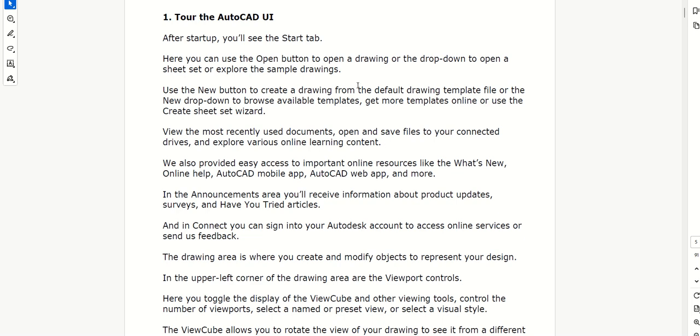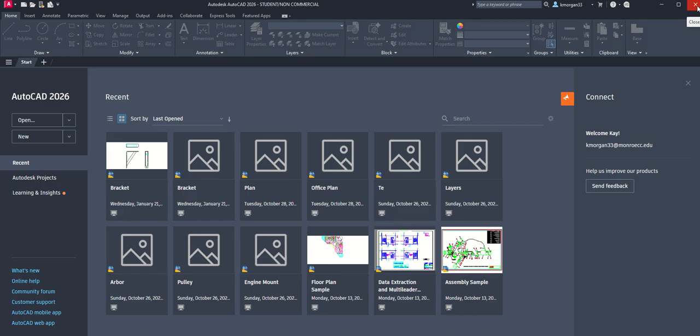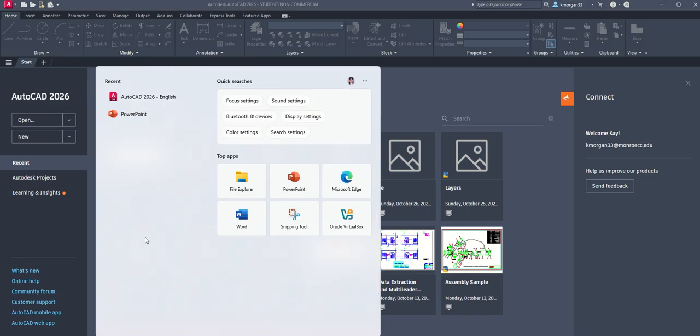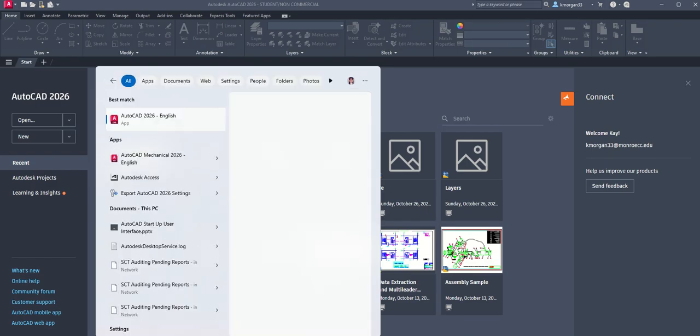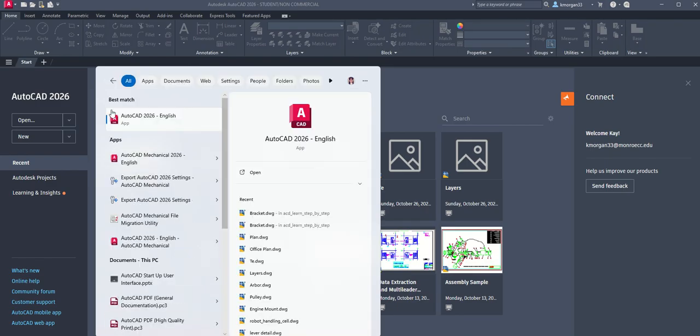Okay, so for lab one, we're all going to get into AutoCAD. I'm just going to go ahead and show you. You can put it into the search box on your Windows computer. Windows search is a filtering application. You will type in AutoCAD, and we're going to choose the regular one,